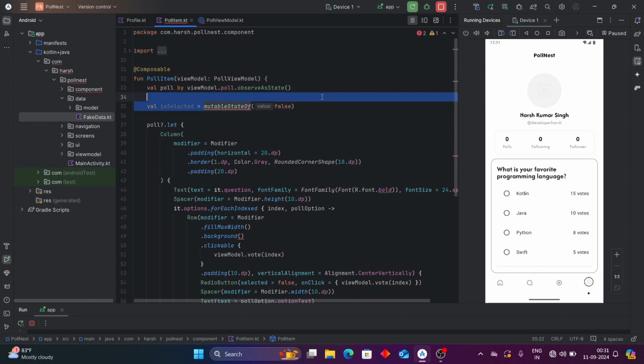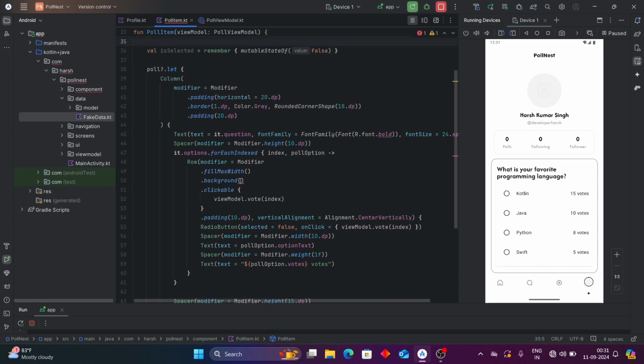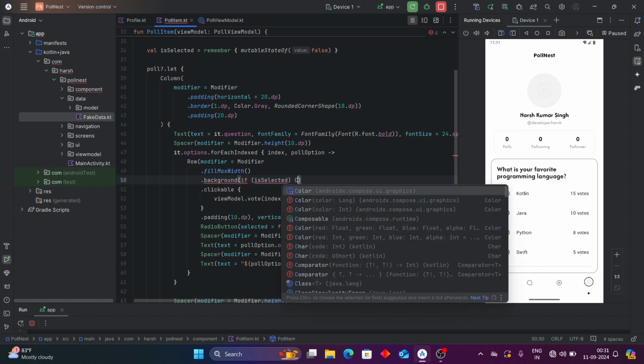Right now we can just write it as it. After, we will add is selected in the model class. If is selected, then the color will be